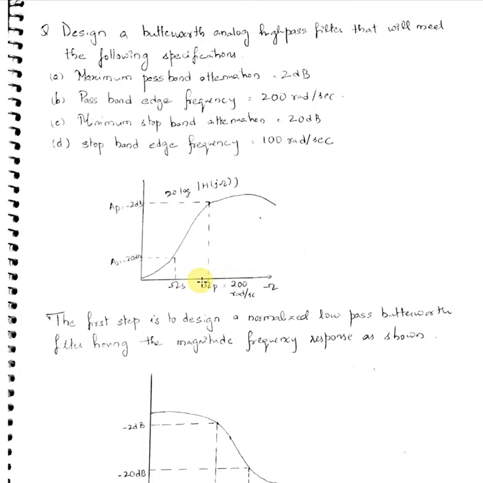That is, it is obstructing some signal in this particular frequency range, and we assume it has a transition band in between and allowing further. See, when it comes to your low pass and high pass filter, we consider the cutoff frequency. Why? Because we understand the transition band is a bit wide. But when it comes to the band pass and band stop filters, we can neglect this cutoff frequency.